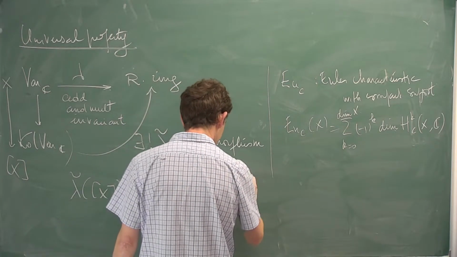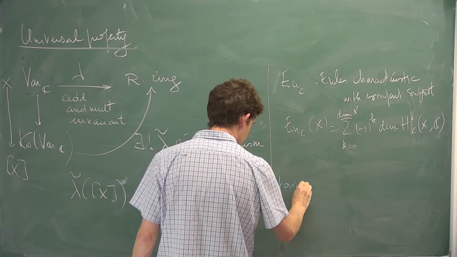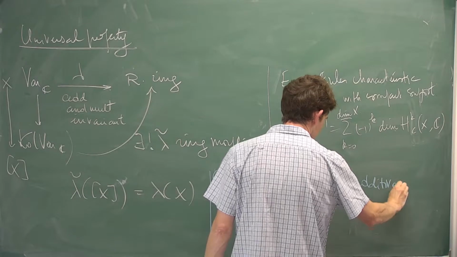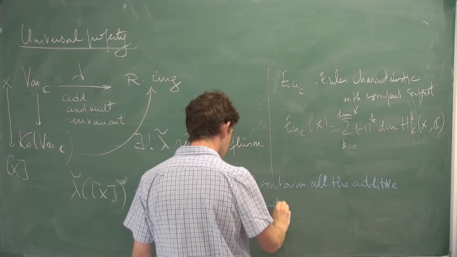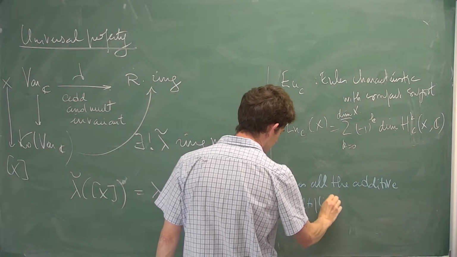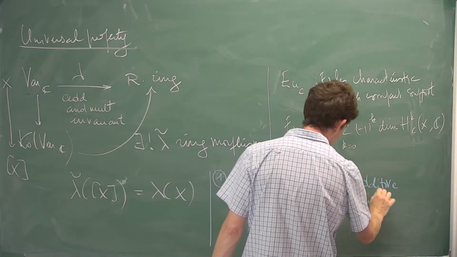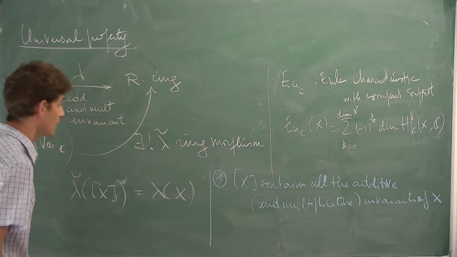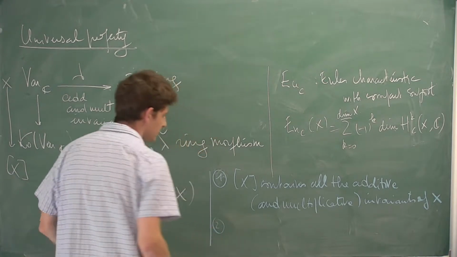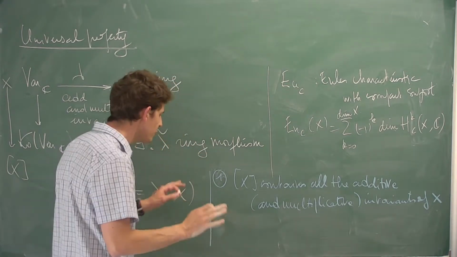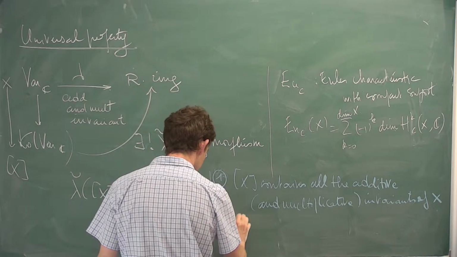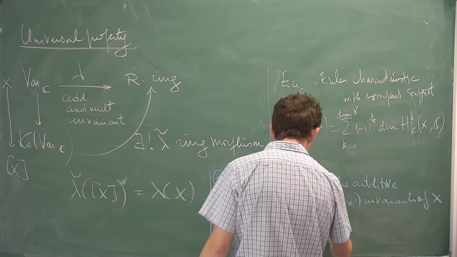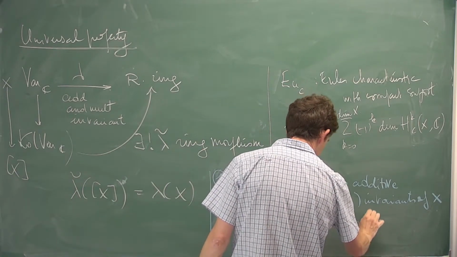first, the bracket of x contains all the additive and multiplicative invariants of x. And secondly, so that's why in the theory, in a very, very naive way, we can say that the bracket of x is the motive attached to x,